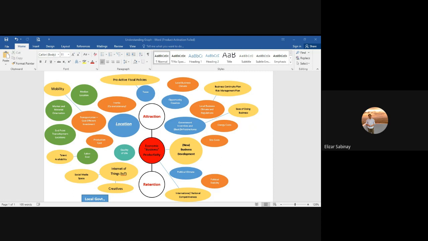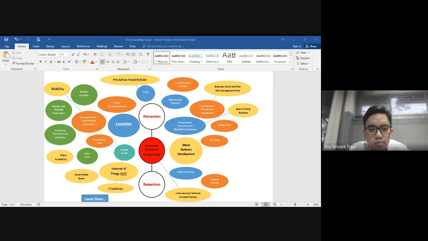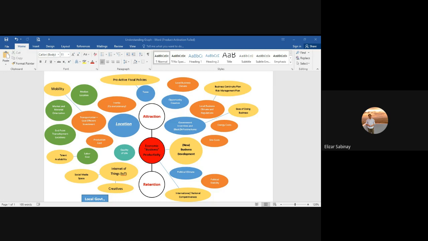Then I also put a line here, aside from labor costs, maybe in our generation, we call it talent availability. Aside from that, labor costs are still significant today, because some European car makers are now shifting their business model. Some Japanese cars are now made in Indonesia. That's why our cars right now are very cheap. Some European cars are now sent to China to make their production very cheap. That's why European cars are less expensive right now, which is still really true because their labor cost is cheap.